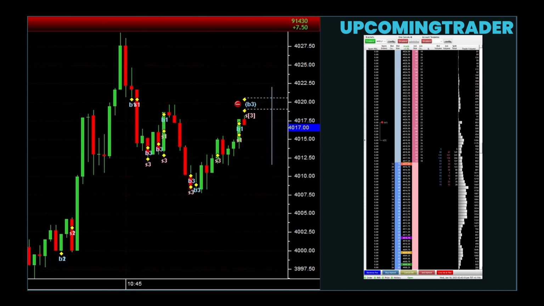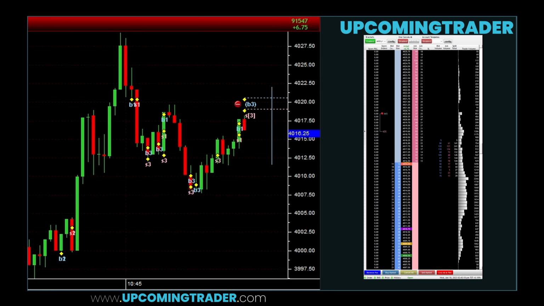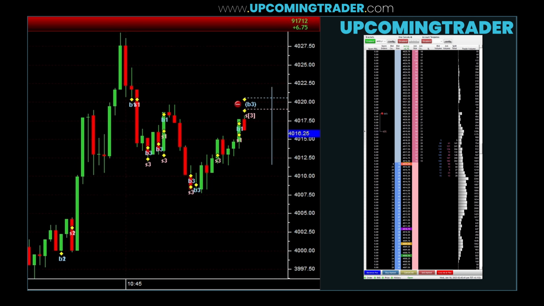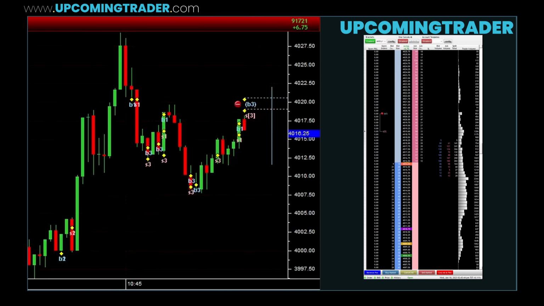Pennants are continuation patterns formed after a strong price movement, followed by a short consolidation period before the trend continues. They look similar to small symmetrical triangles, but typically occur after a significant up or down move. Pennants represent a moment where the market takes a breath before continuing in the same direction. You will often see volume decrease during the consolidation phase and then spike again when the breakout happens, which helps validate the pattern. When combined with a crossover, these patterns can be quite effective in signaling whether the trend will